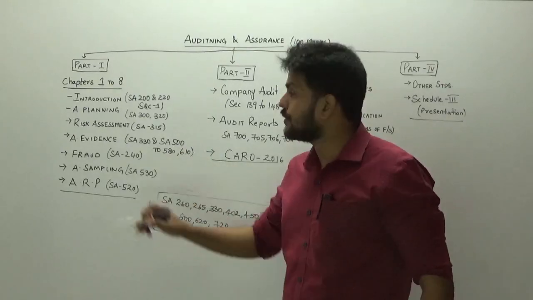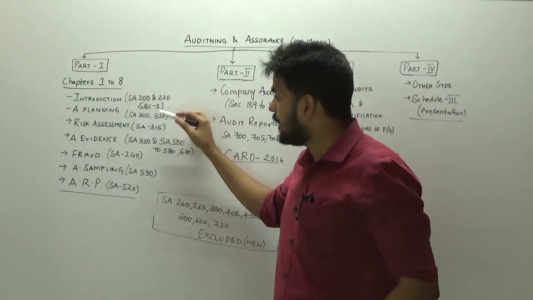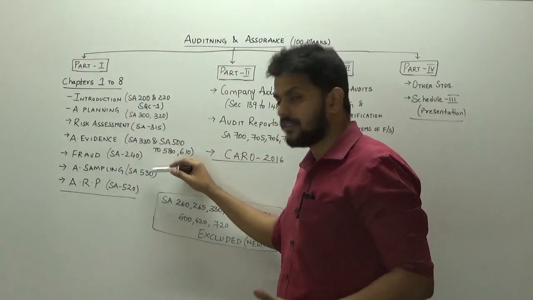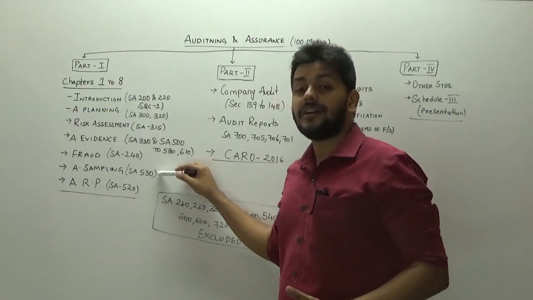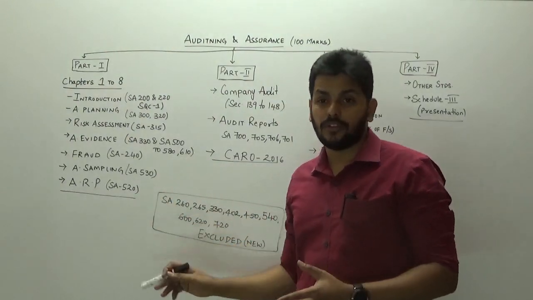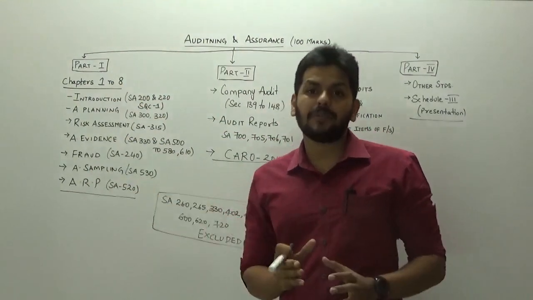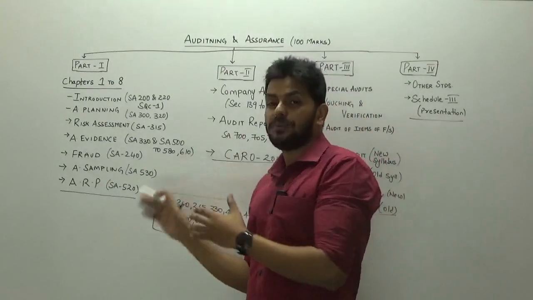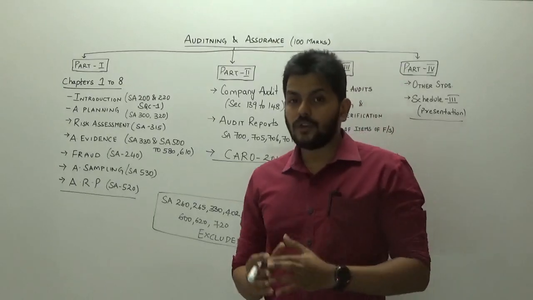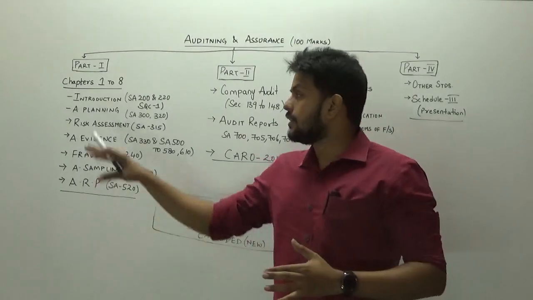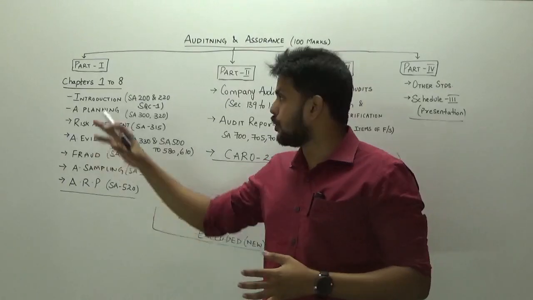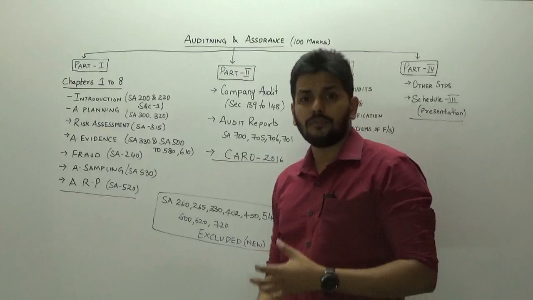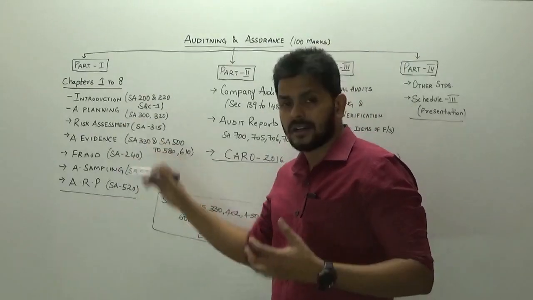But if you go by their names: Introduction to Auditing, Audit Planning, Risk Assessment, Audit Evidence, the concept of fraud and standard number 240, the concept of audit sampling and analytical review procedures. This entire bunch of chapters has always accounted for 35 to 40 marks in the exam, and that would be your first point of focus. So when you break down the syllabus into 4 parts, this would be my first part where I'll put all my concentration, right from the introduction, because roughly around 14 to 15 standards get covered in this